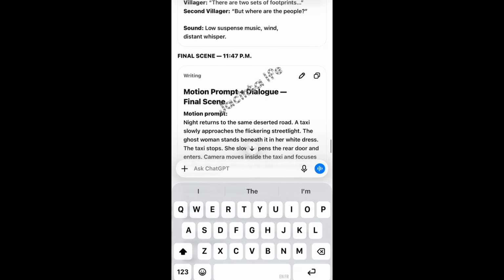So what I will ask ChatGPT to do now is create image for scene one. Create image for scene one. So I'll send the prompt. Let's hold on and see what it creates. You guys should hold on and watch. Let's see what ChatGPT will give us for scene one.